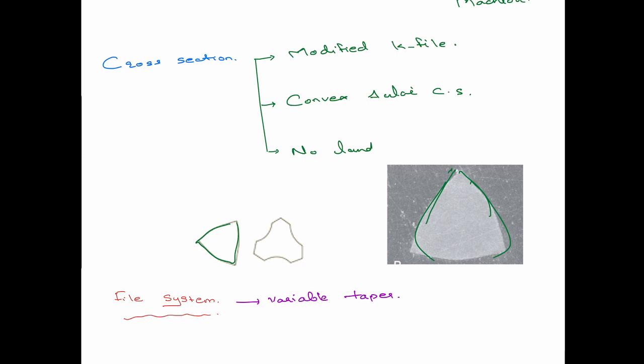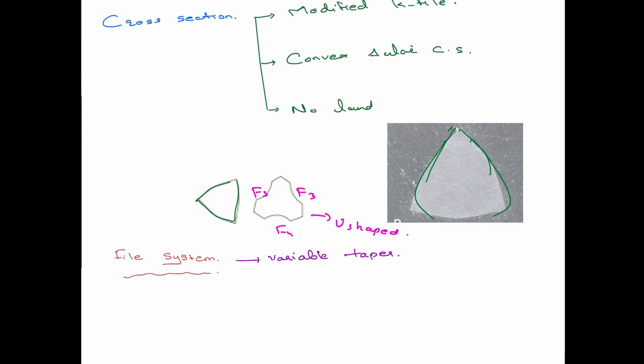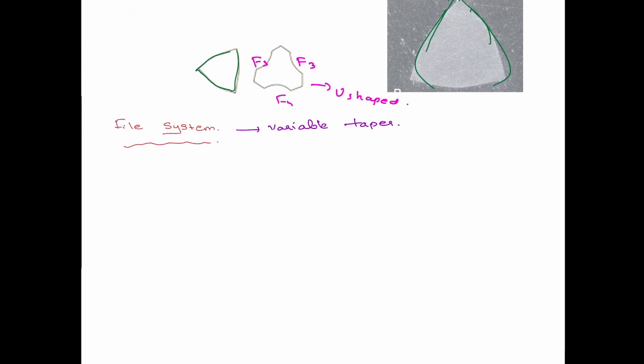So of which F3, F4 and F5 has got a U-shaped cross section. Remember this, okay? It's got a U-shaped cross section. So don't forget. Normally it is convex triangular, but F3, F4, F5 is U-shaped cross section. Now let us come on to the file system, and I've told you it's a variable taper